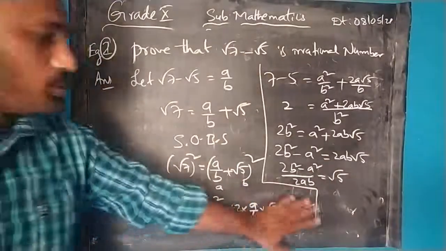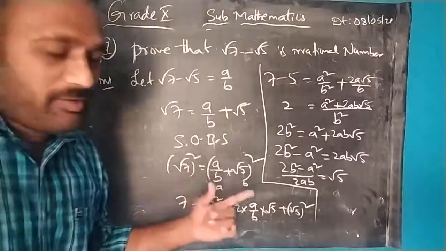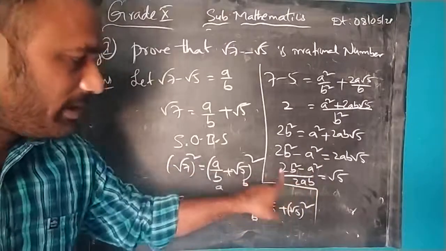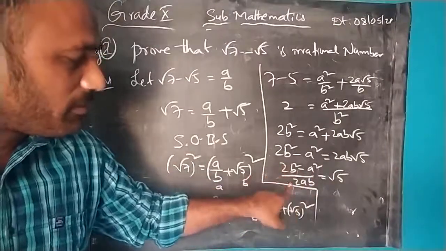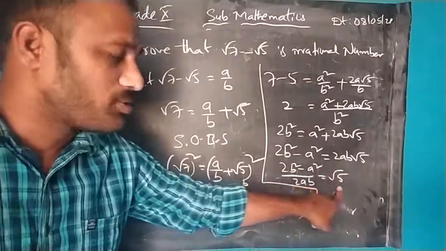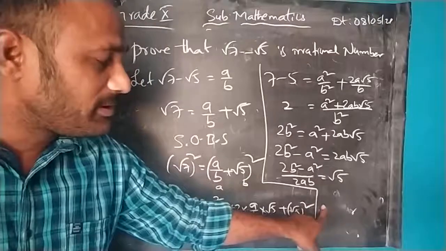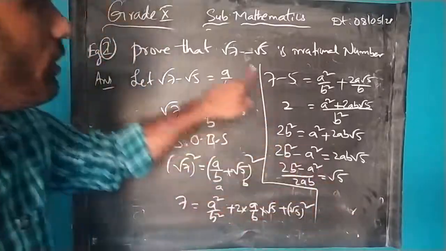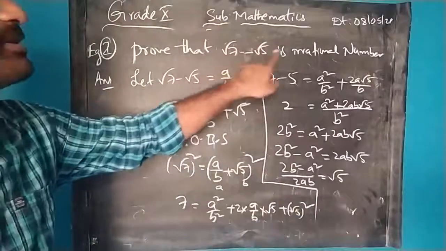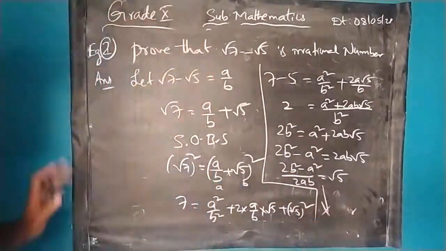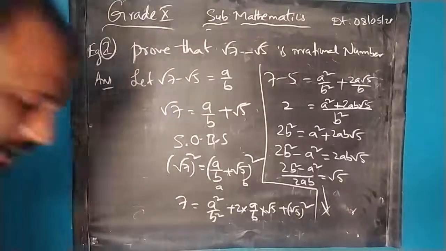The last two steps we are not going to write. Similarly, whatever you have written in the previous question, the same steps. What is that step? Here it is a rational number. Why? Because it is in the form of p by q. It is an irrational number. So a rational number is not equal to an irrational number, and this leads to a contradiction. Hence, our assumption is wrong. Therefore, root 7 minus root 5 is an irrational number. The 4 steps we need to write here. Let us discuss the next question.